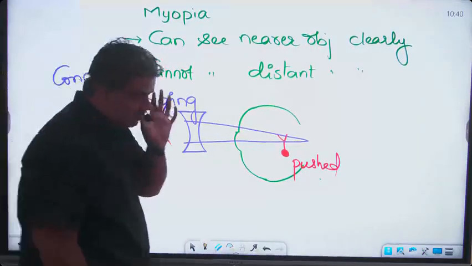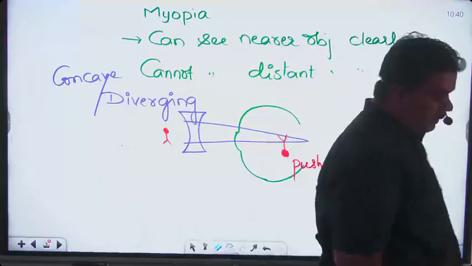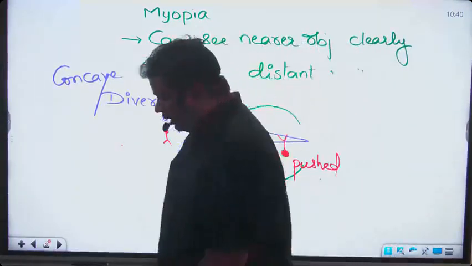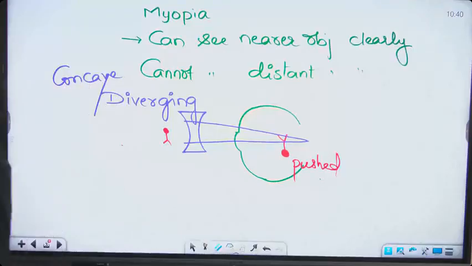A person having short sight can see the nearer objects clearly, but not the distant objects. To rectify this problem,